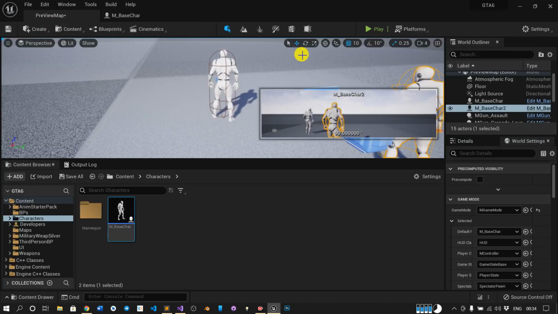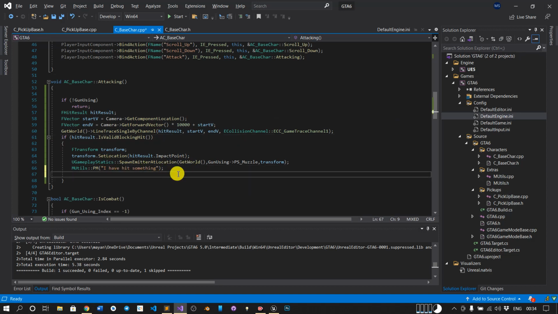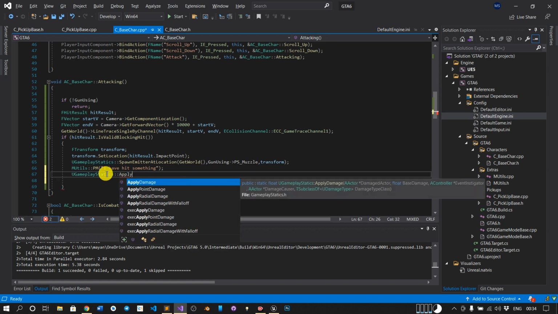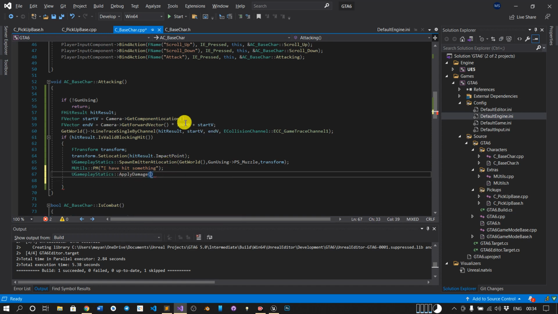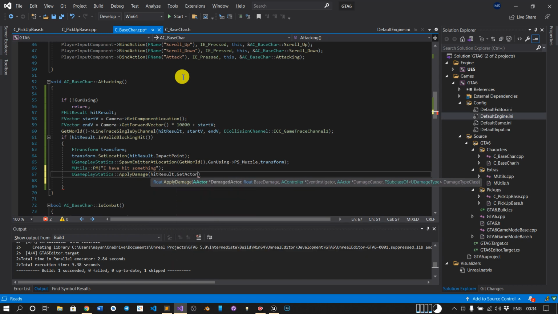So let's do the damage now. Okay, so let's get back here. See, if I have hit something, I want to apply the damage. The ApplyDamage is in the UGameplayStatics class only. So we will use the same class and just write ApplyDamage. It is a general damage. I don't want to go into point or radial damage now. So the damaged actor which we are damaging is HitResult dot Actor, comma, the base damage, how much damage we want to put.